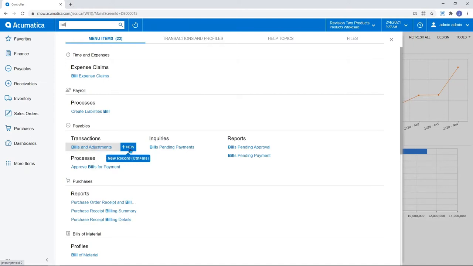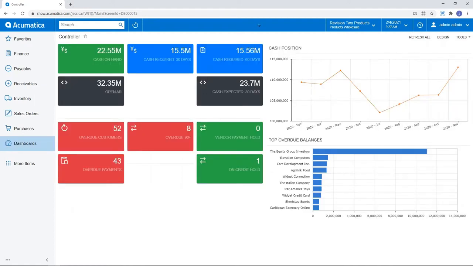Am I looking to process a new bill? Well, I can just click the button here on my menu to do so. Am I looking for an AP report? I can type that into my search bar. A specific PO number, a specific sales order number, a specific journal transaction. You can type any of that information in, and Acumatica will pull back that data for you. So again, you don't have to go hunting around the system, spending time trying to track down information, particularly if you are in a new system. We know that moving to a new system is something that has a learning curve involved with that. So just want to make sure we give you all of the tools to make that easier for you.